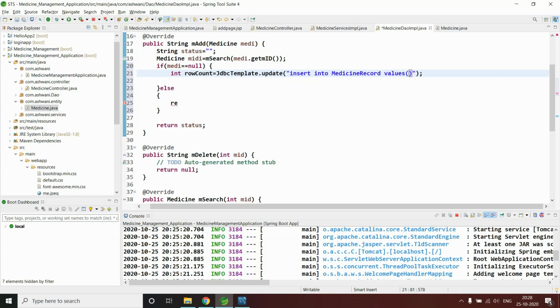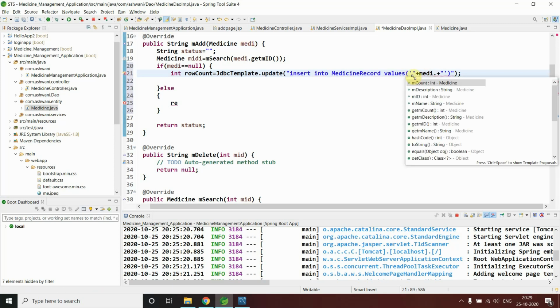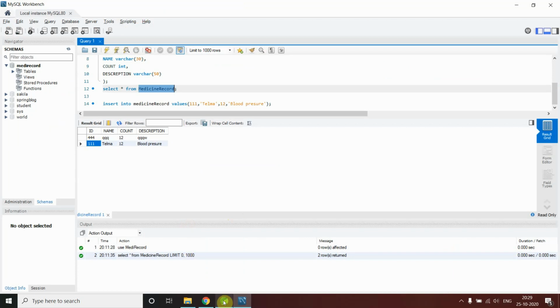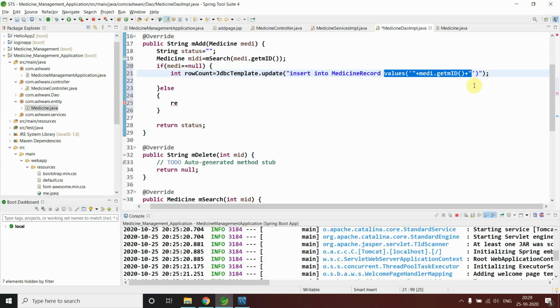And the main thing, just pay attention while giving the values here, because it will give you an error over just a simple double quote or single quote. So first, you write single quotes, then double quotes, and inside that a double plus, and inside that you can give your value. How? MADI dot get id. When you are simply using this value, you can give the values in this format. That's why I'm using this. First this and this.